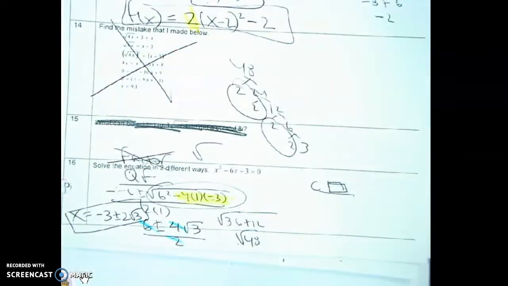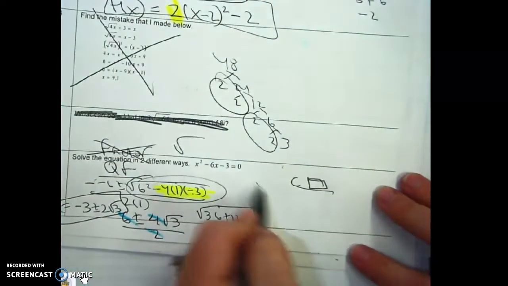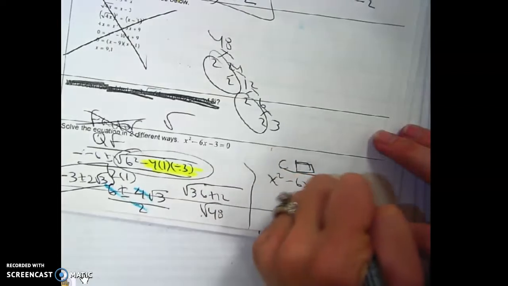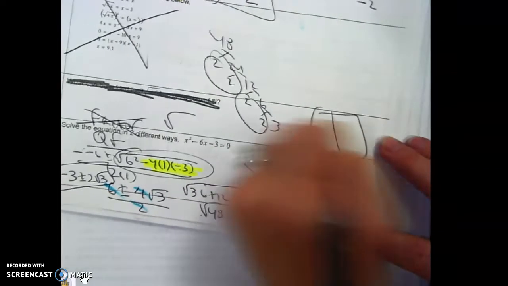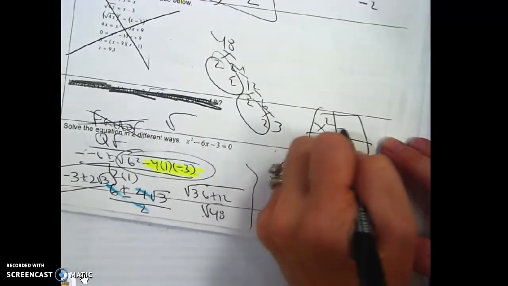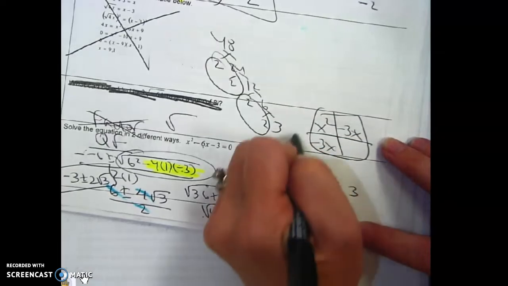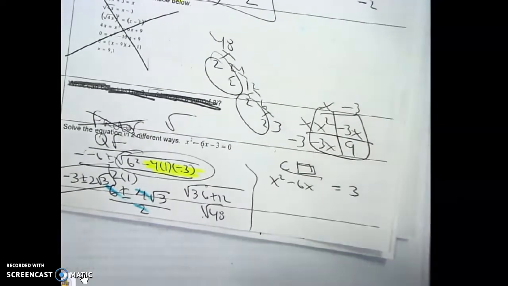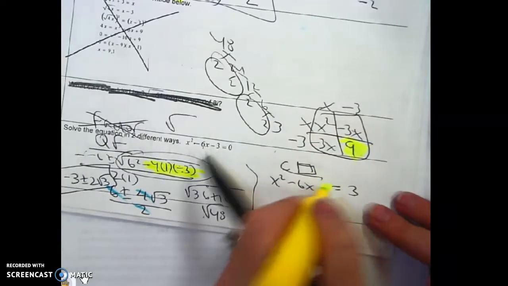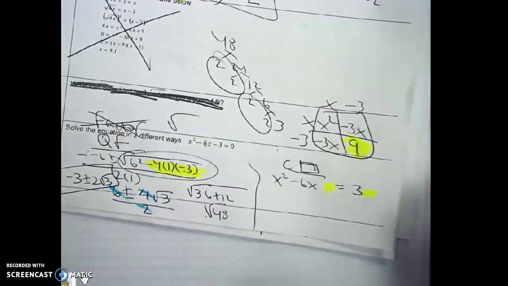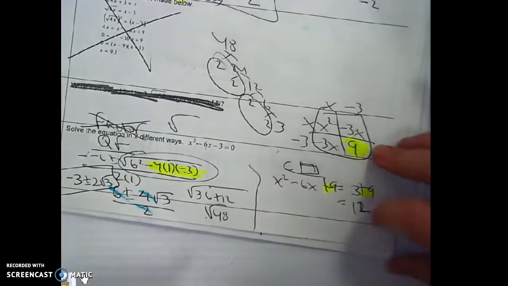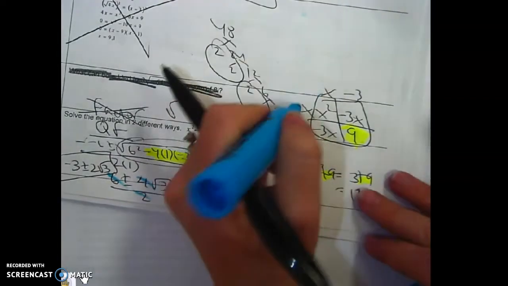Now, I don't even have to check it in my calculator, because if I can solve this by completing the square and get the same answer, then I'm probably right. First thing I do, move it over. Next thing I do is the box, x squared, split it in half. x minus 3, 9. So that 9 is going to get added here and there. So plus 9, that's 12. Sorry, my handwriting is not awesome. Then I take this,